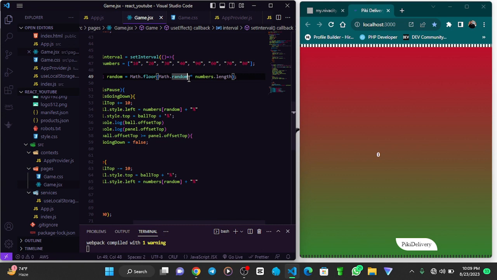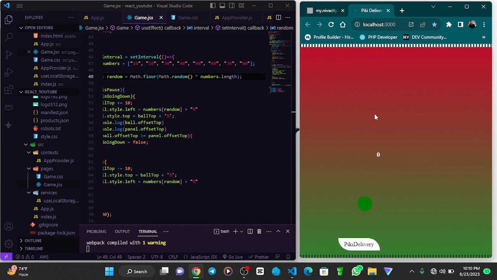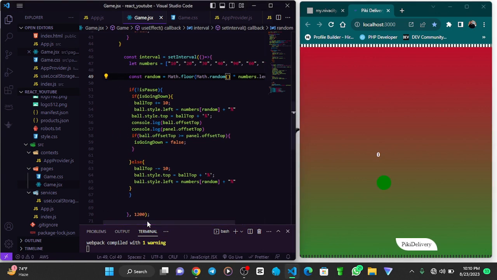Okay, so we say Math.random is a function, right? That's where we were getting this error. So when I hit the space bar, as you can see, the ball starts moving to different positions, and then the user starts to predict where the ball is. So for adding that functionality, we start going